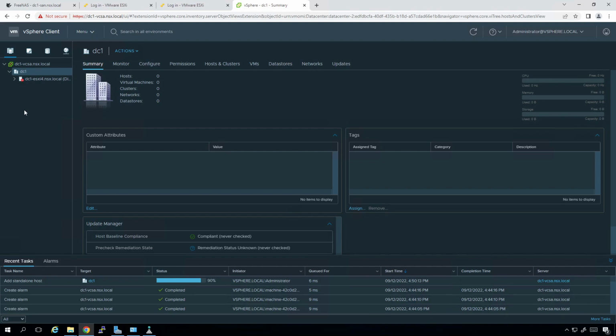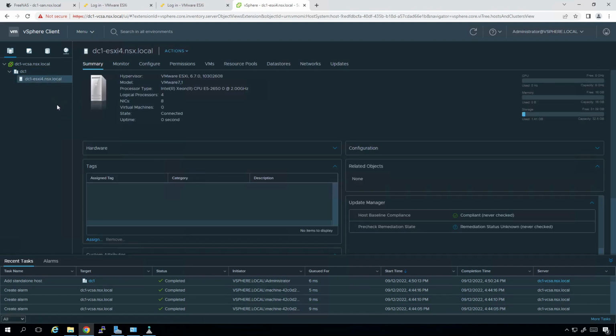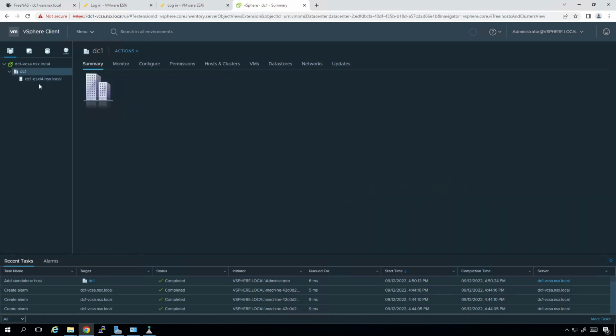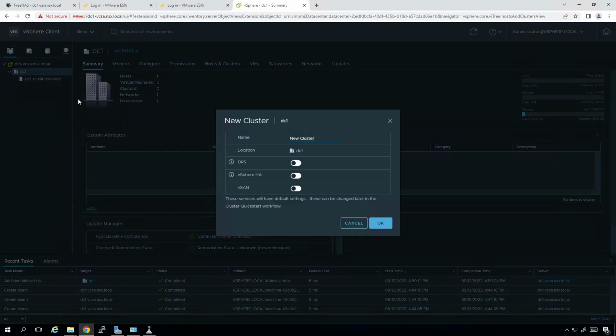So once that process is in place, that'll take a couple of minutes to do. There we go. So now we have host 1 there, or I should say host 4. He's there. Nothing's going on the host, but it's still there. Now what I'm going to do is right click and say new cluster. So I'm going to call this guy DC1 comp cluster 1. I'm going to turn on DRS and vSphere HA,